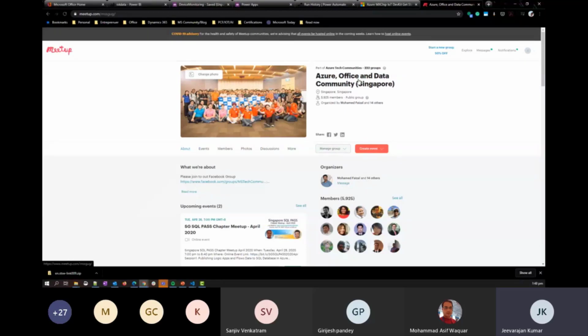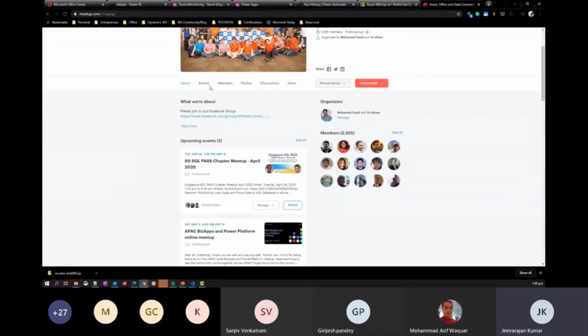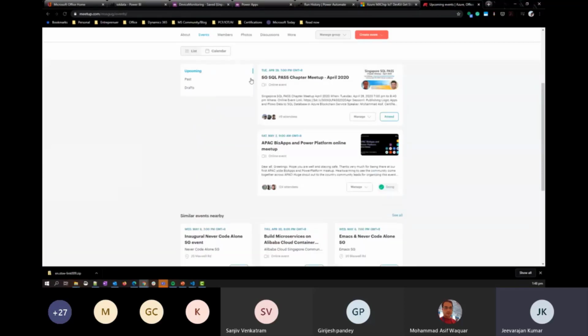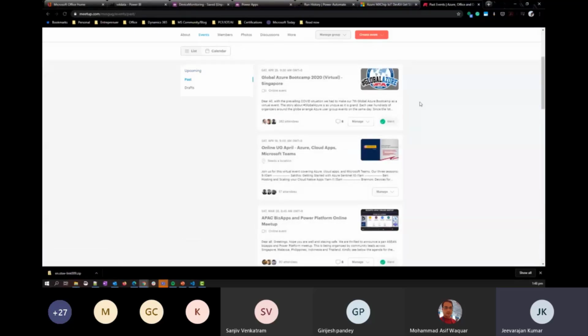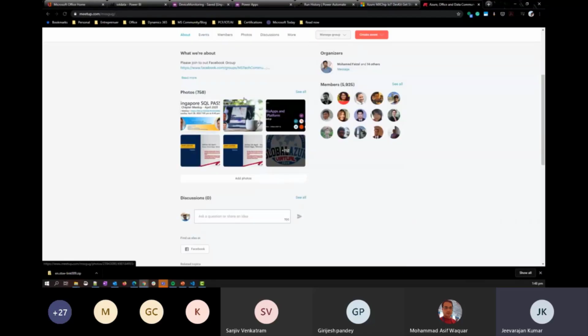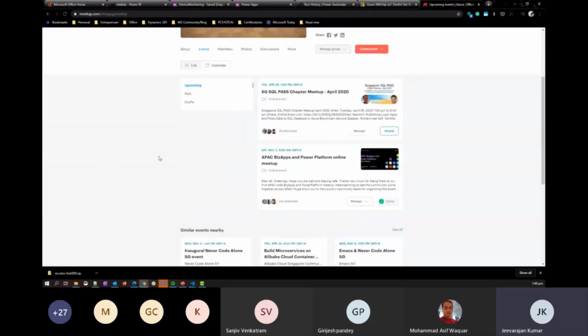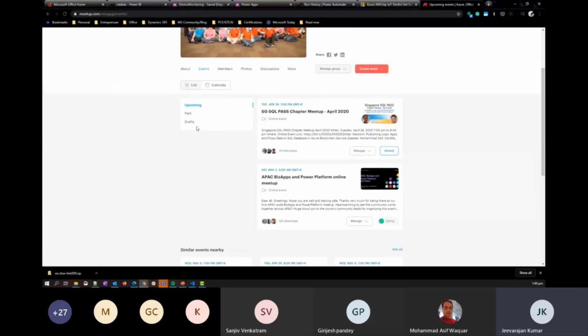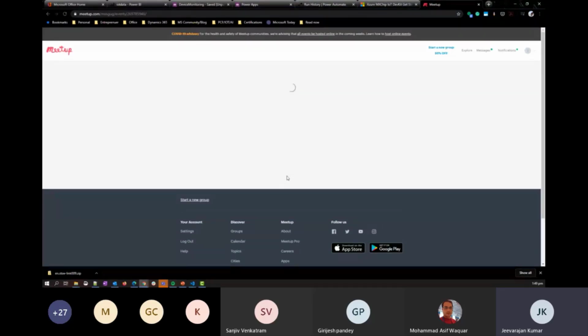This is our Singapore Microsoft meetup, majorly focused on Azure, Office, data, AI, business applications, etc. We have monthly events in Azure, monthly events in Office, then data platform, AI and mobile applications like Xamarin, and also business applications, the one I was just explaining about Power Platform. You can see there is a business application meetup coming in the next week, and that is